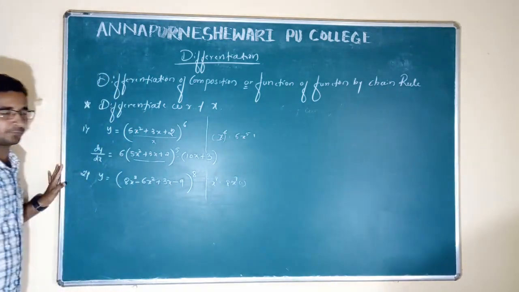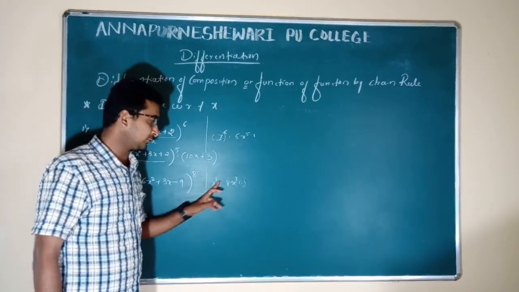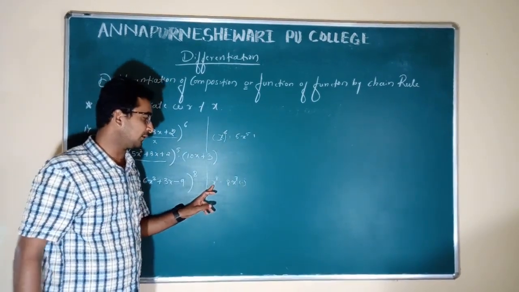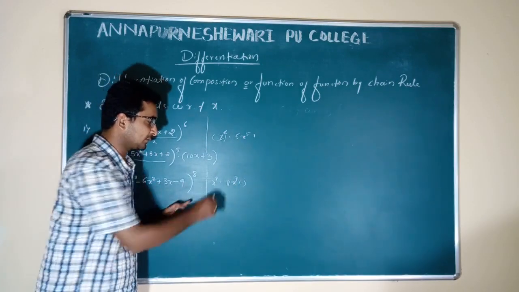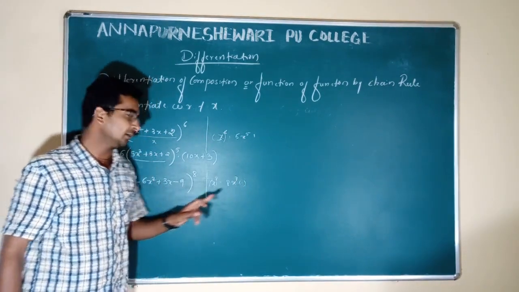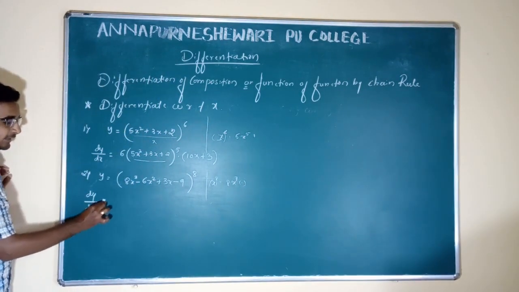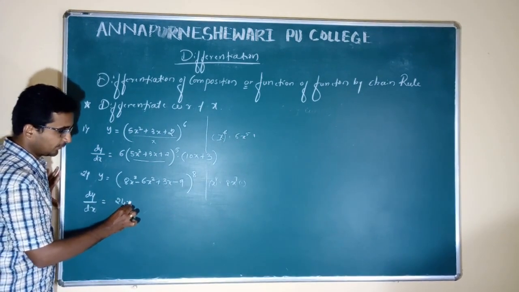Like that we have. Actually, how we did the basic thing is, x raised to 8, first we have to apply the order of the differentiation, that is 8x raised to 7. Then the differentiation of x is 1. Getting? Like that we have to do here, that is dy by dx is equal to 8x cube is 24x square.